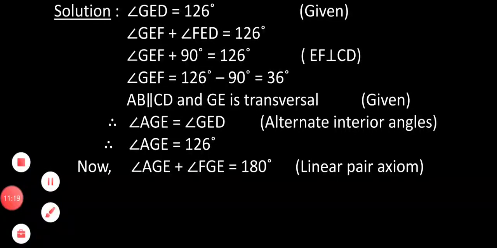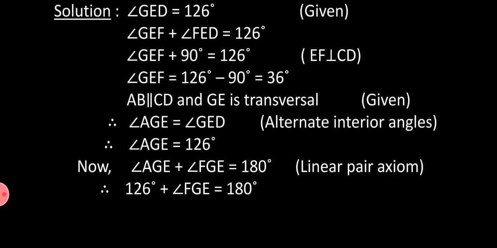Putting the value of angle AGE, we get 126 degrees plus angle FGE equal to 180 degrees. Therefore, angle FGE equals 180 degrees minus 126 degrees, that is angle FGE will be equal to 54 degrees. Further,